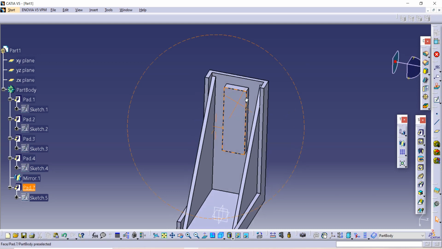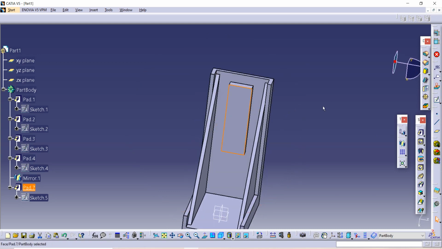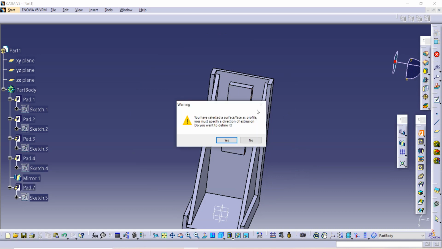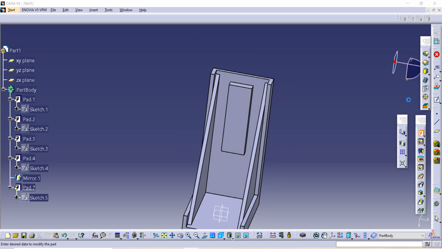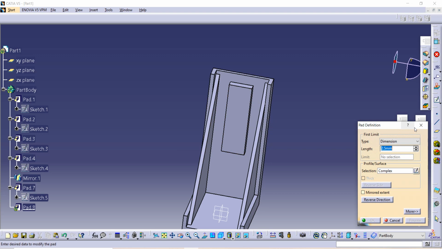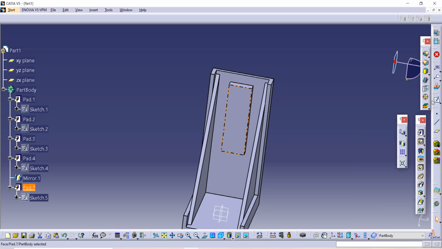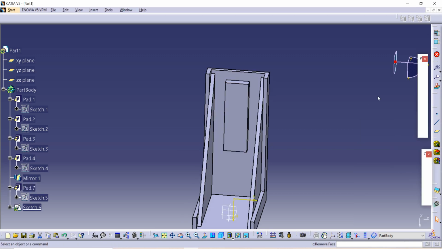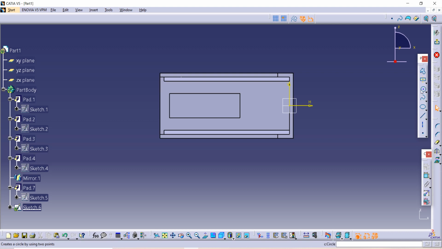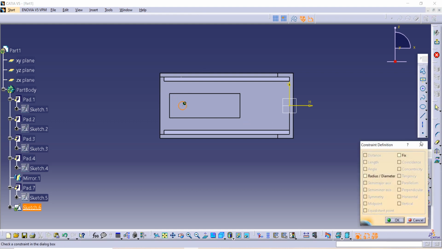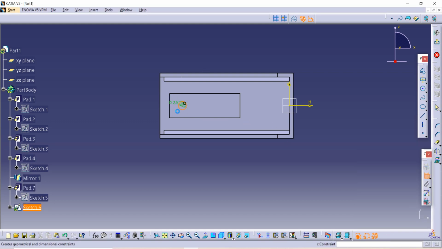This is how our part is extended. After that select this plane again, then go on the sketch option. We have to make 2 circles there of diameter 2.5, so use this constraint command and give the dimension as 2.5.